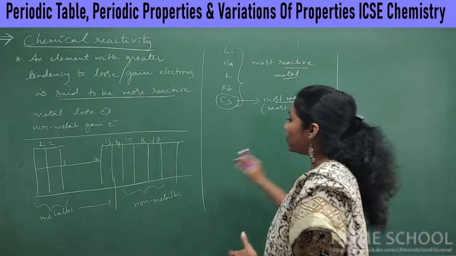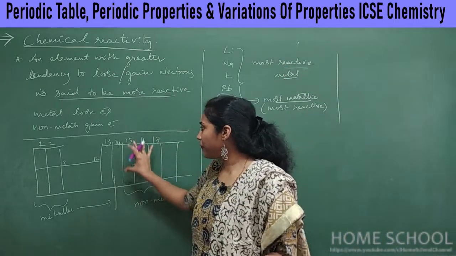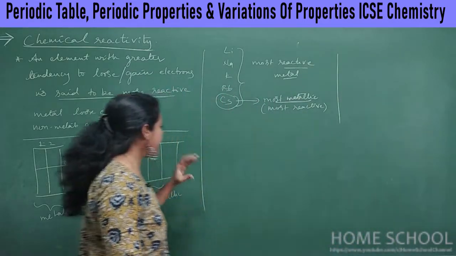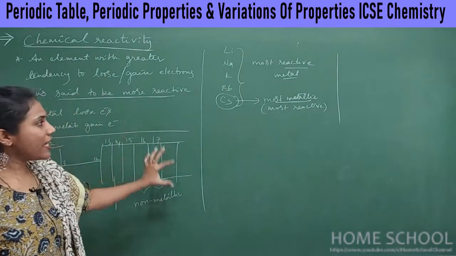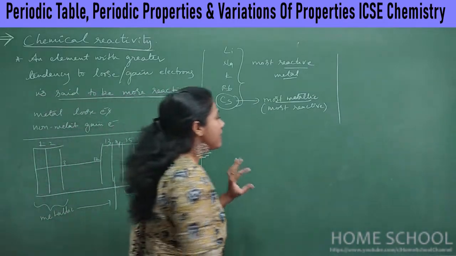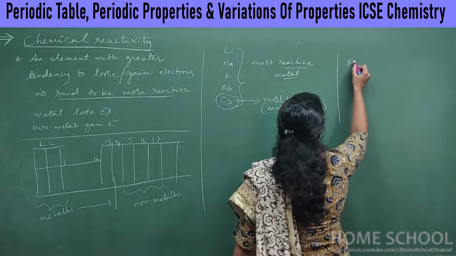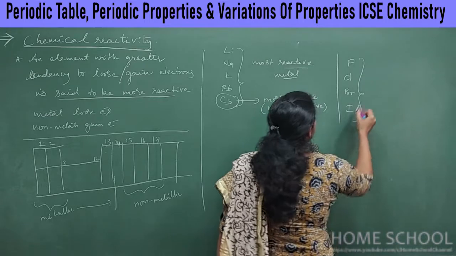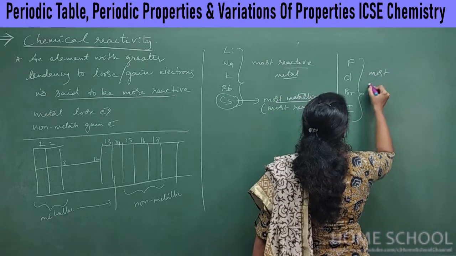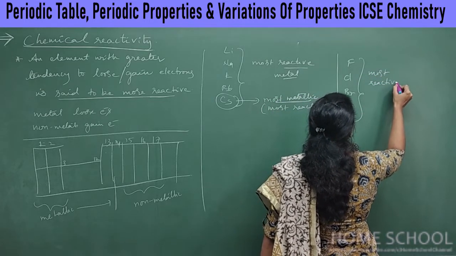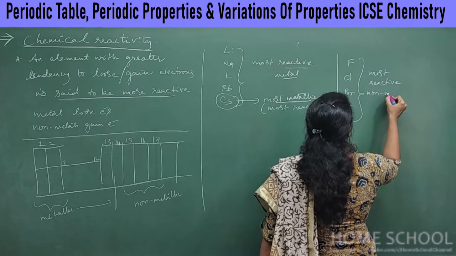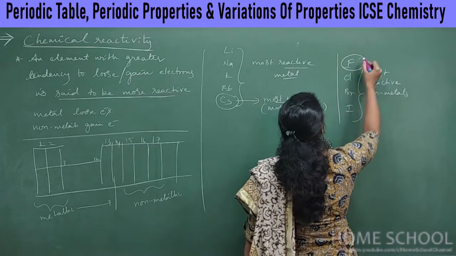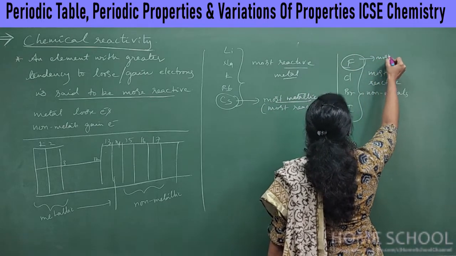And now coming to the non-metals category, right from 15th group onwards, they are non-metals only, right? Say among 15, 16, 17, 17th group has small atomic size. So these 17th group elements, that is fluorine, chlorine, bromine and iodine, right? So they are the most reactive non-metals. Okay, so among all of them, again the fluorine is the most reactive.